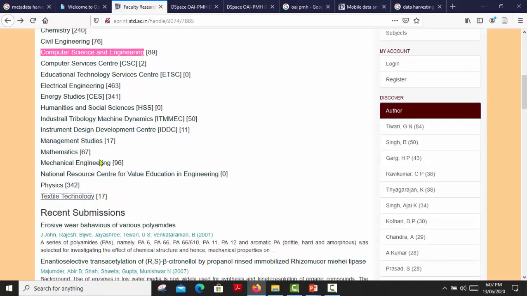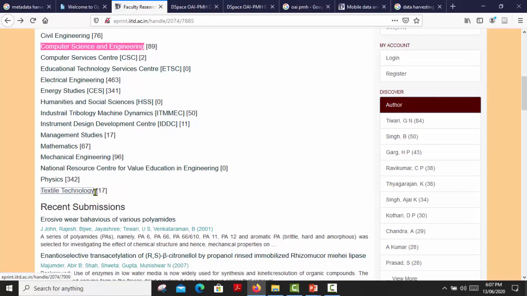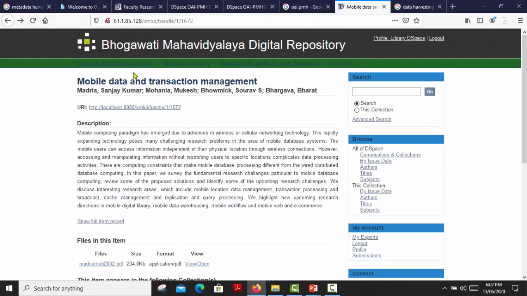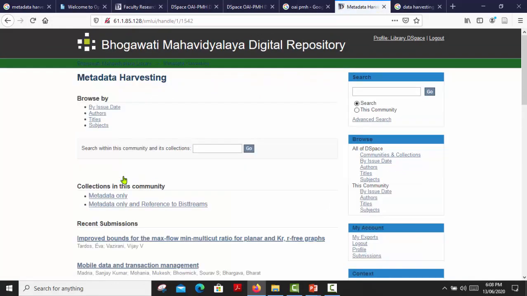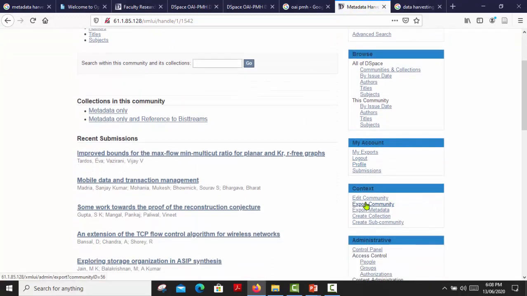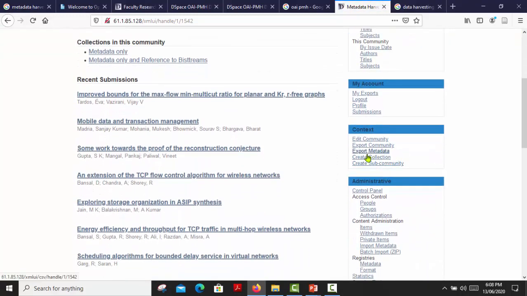I am going to this textile technology collection. There are 17 items there. So first I am going to my repository and creating a new collection for harvesting that bitstream and metadata.